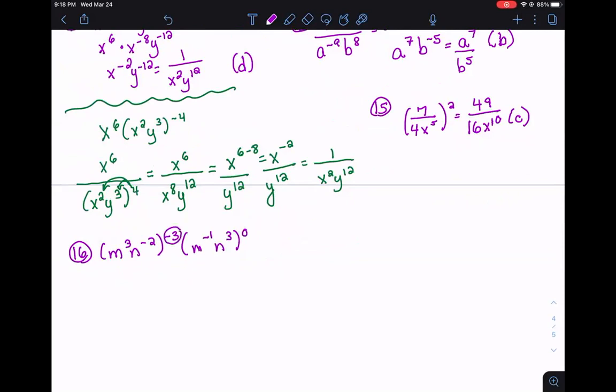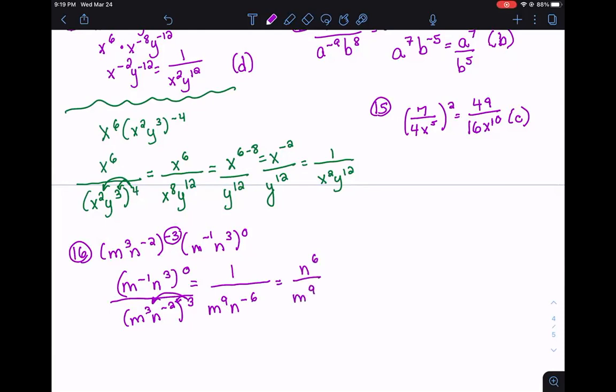Because this exponent is negative, we can flip it in the bottom. So this will stay on top and this will come on into the bottom and the exponent is positive. Well, ladies and gents, anything raised to the 0 is 1. So the entire numerator is 1. M to the 9 and n to the -6 when you distribute that exponent. We are then going to notice that the n to the 6th is negative. So we flip it into the top and it becomes positive. And the answer will be n to the 6th on top and m to the 9th on the bottom,